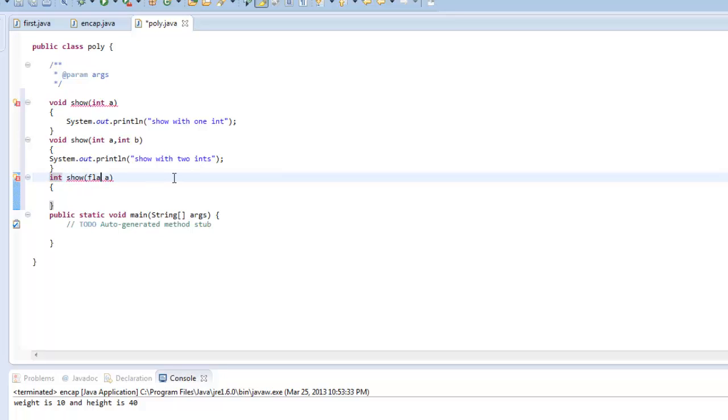In case we have a different parameter, and since we have a return type int, I'll just complete this with any return value. As you have seen, we cannot have a different return type for two methods where the parameter list is the same. In case you have a parameter list which is different, then you can have a different return type. So based on return type, you cannot distinguish between two methods. This is rule 1 for polymorphism. And second is,